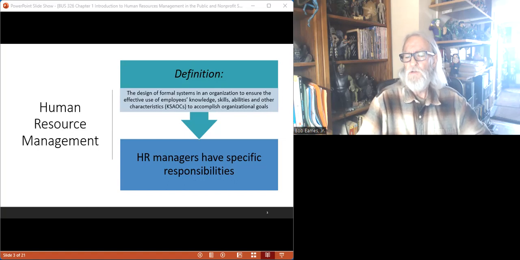And in order to do that, we have to have specific responsibilities that the HR managers hold, and they have to have certain skills. So, in general, they have to be able to perform the recruitment, selection, and hiring function. Those are the things that we associate the most with the HR management function. They also have to do training and development. Sometimes they have to develop that training themselves, and other times they can use purchased packages or already made packages on different topics. HR managers also have to be concerned with compensation and benefits, and they have to be aware of current market conditions and so forth in order to pull that off right.